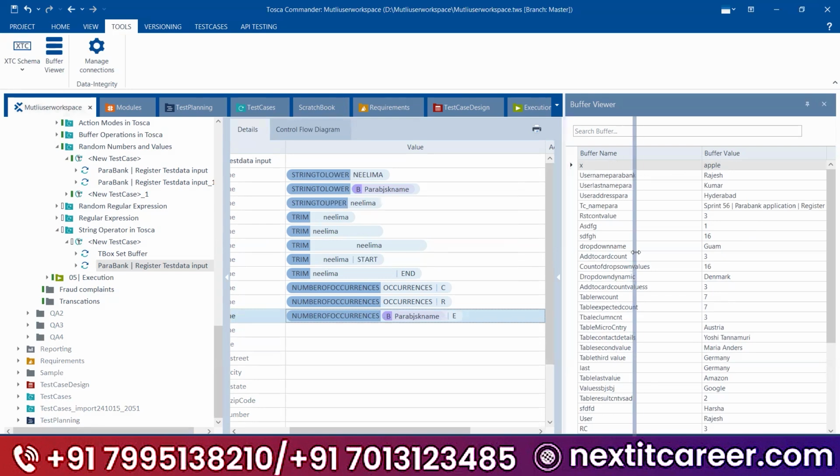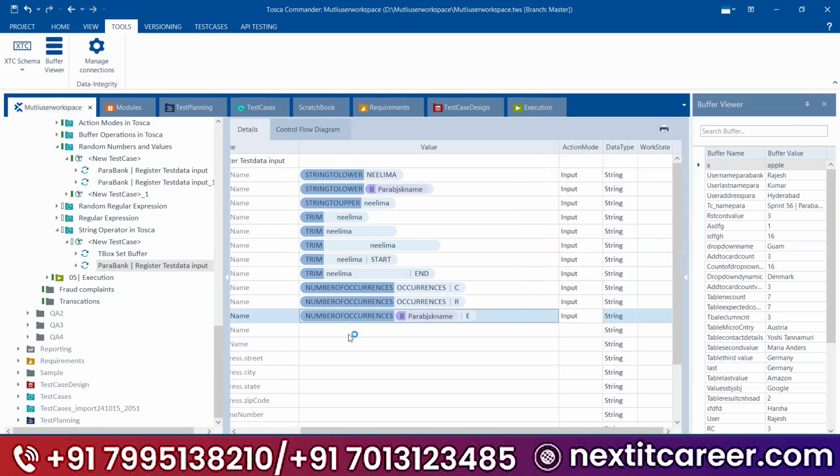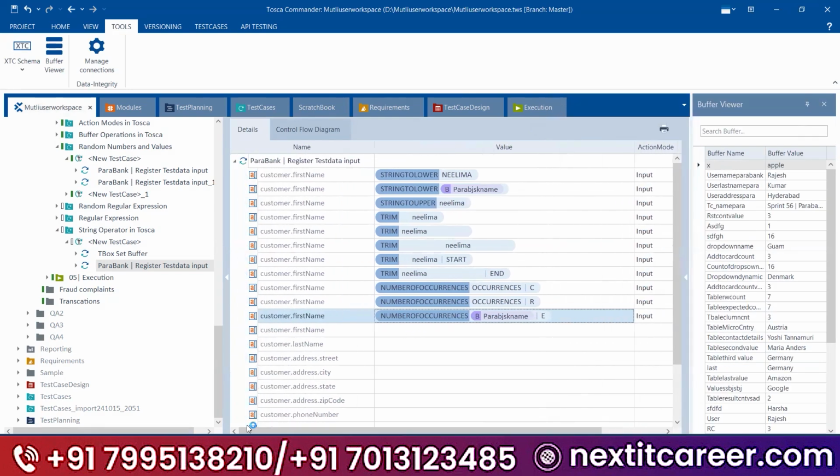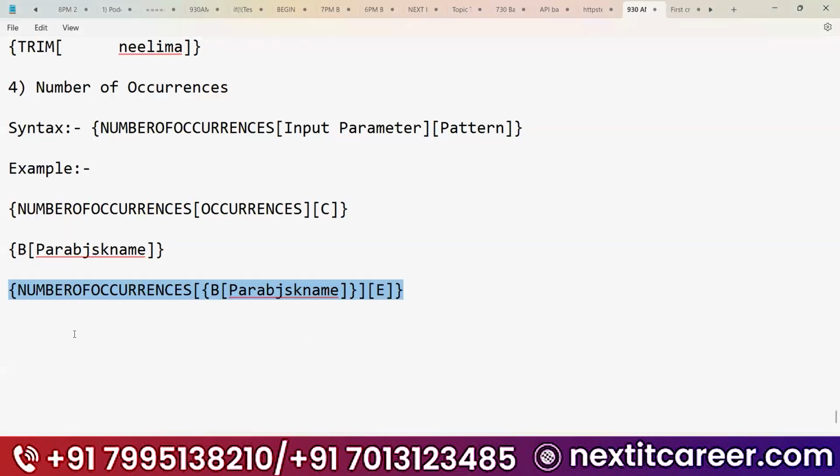In this way, guys, if you have captured any value from the web application and you want to manipulate those strings, then you will go for the string operations. And we have different things also. Stay tuned till string replace. Because using string replace only, you will handle the special characters. That I will discuss tomorrow. But just to have a glance, you need to understand these concepts. Okay. Next, string length.